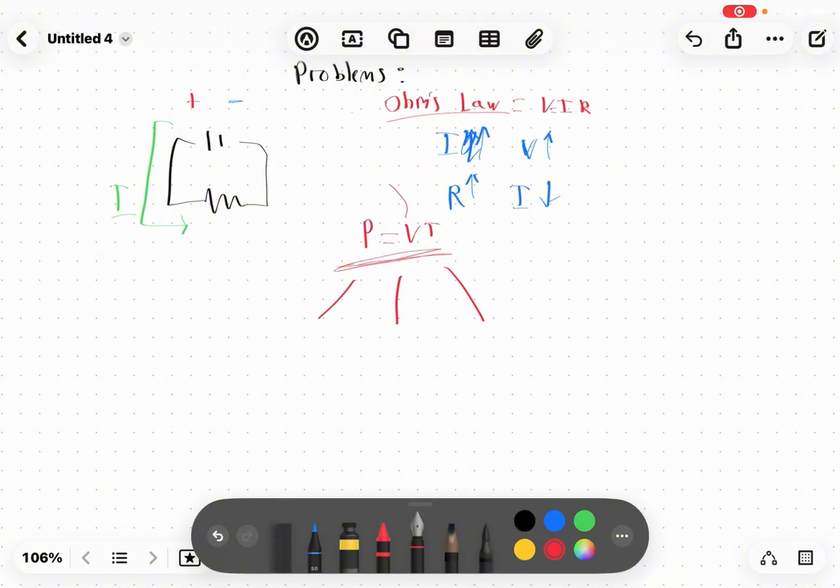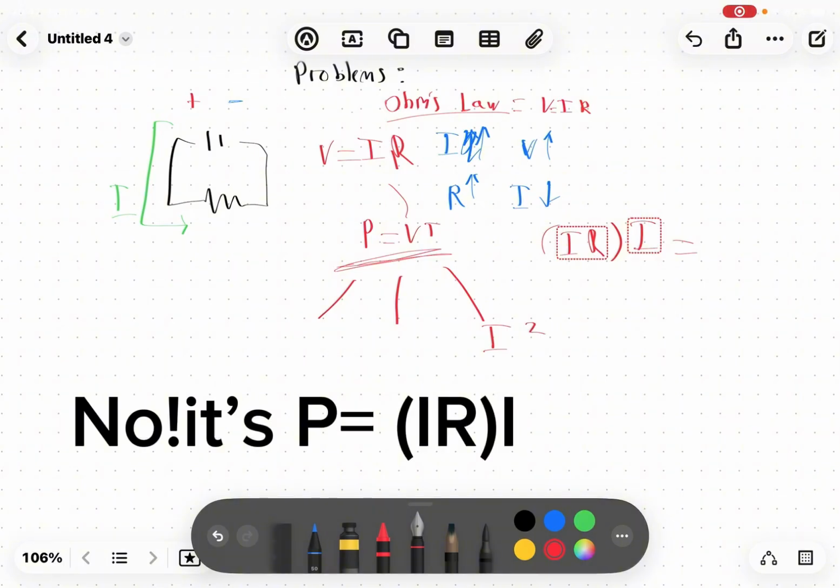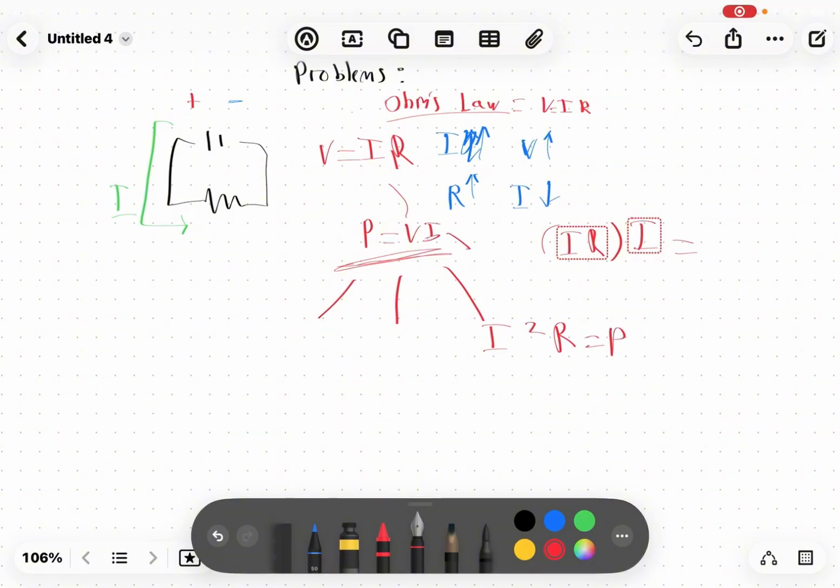If you replace V with IR, because as we know, voltage equals current times resistance, you'll have IR times I, which will equal I squared R equals P. If you replace I with V over R, because I equals voltage over R, as we can see from this equation,